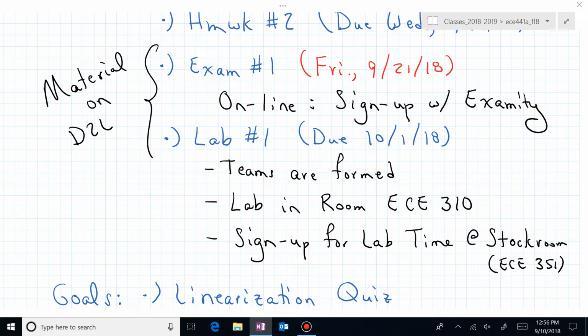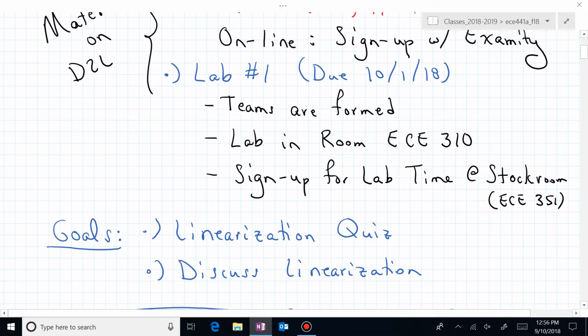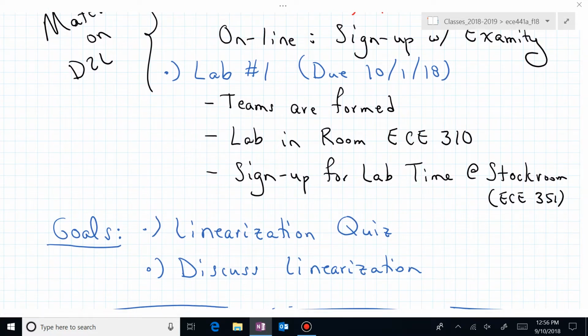You can sign up for a 1-hour time slot to perform that lab in the stock room of the ECE building, in room 351. All of the equipment or hardware that you need to execute the lab will be located in the room in ECE 310. Today in this lecture, and maybe the second half of this lecture,